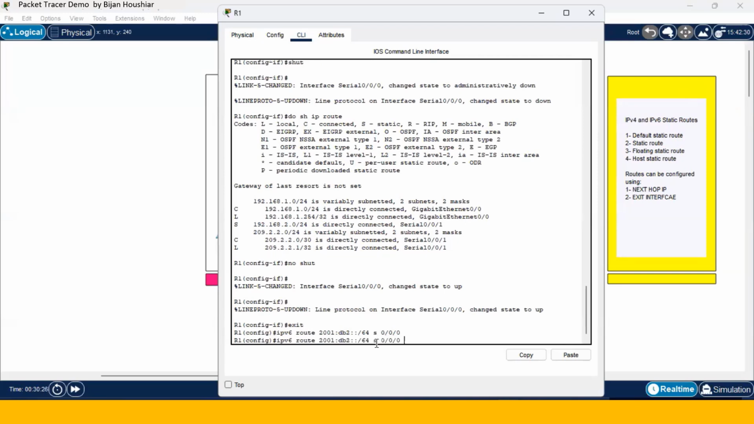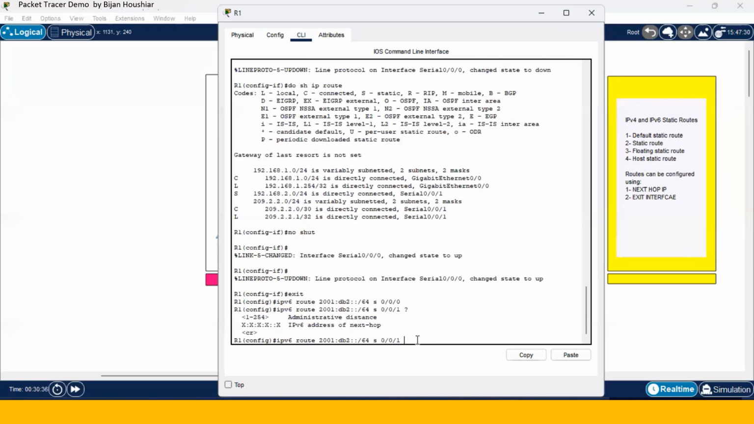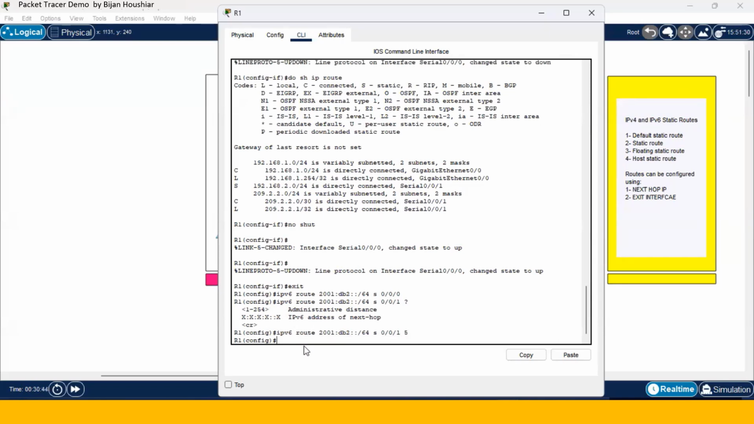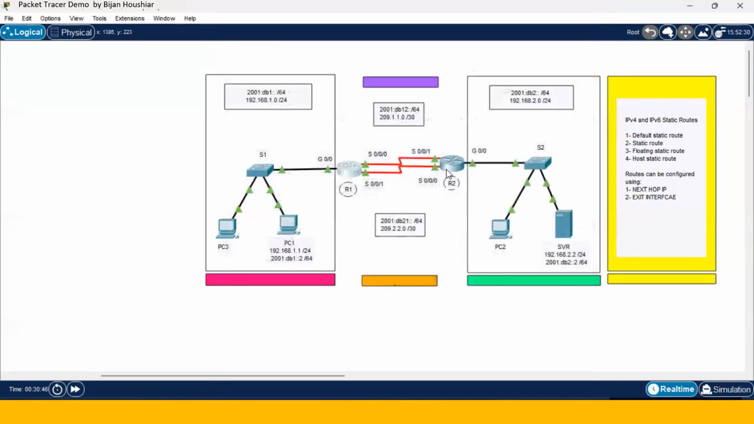I'm going to recreate the route. This time my exit interface is serial 001, and I'm going to assign a value as metric, a value between 1 through 254. Let's give it 5. That's it. This one is configured. Let's go to